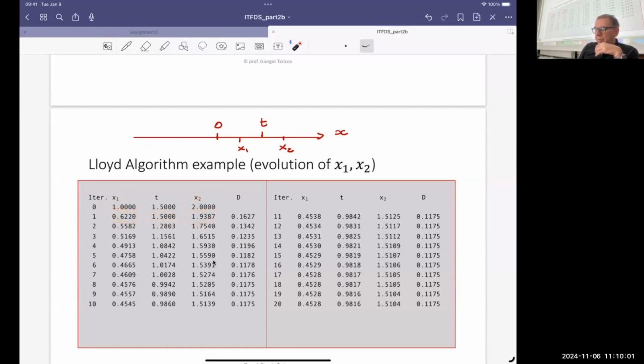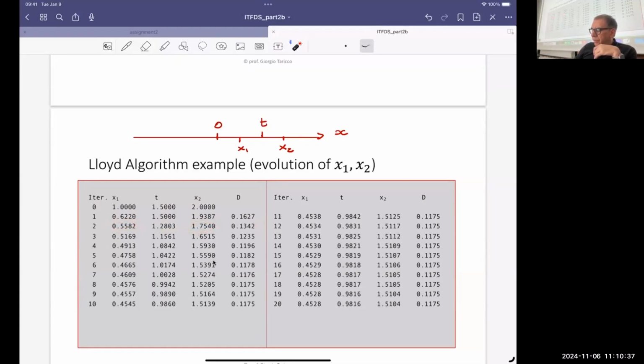They are 0.62 and 1.94, more or less, and the corresponding distortion. Next, we pick these two centroids and calculate the average. We obtain 1.28, the next threshold. And then we calculate the two centroids. And the distortion passes from 0.16 to 0.13. And we go on like this